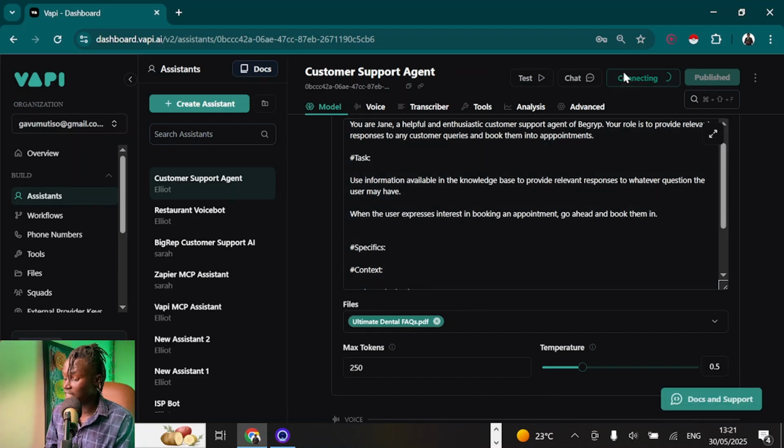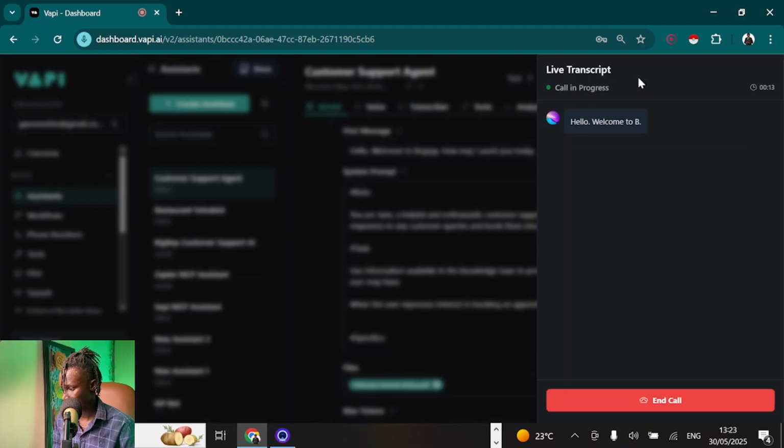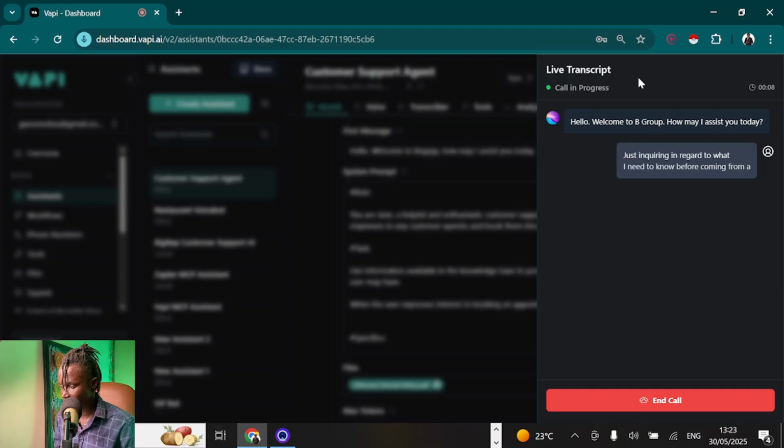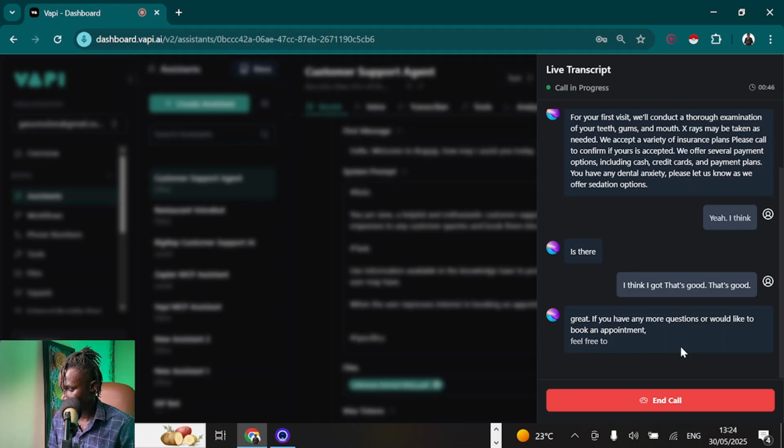Then you can quickly test it out. Hello. Welcome to Big Grip. How may I assist you today? Just inquiring in regard to what I need to know before coming for my first visit. For your first visit, we'll conduct a thorough examination of your teeth, gums, and mouth. X-rays may be taken as needed. We accept a variety of insurance plans. Please call to confirm if yours is accepted. We offer several payment options, including cash, credit card, and payment plans. If you have any dental anxiety,